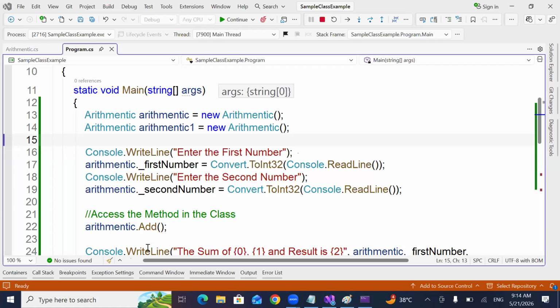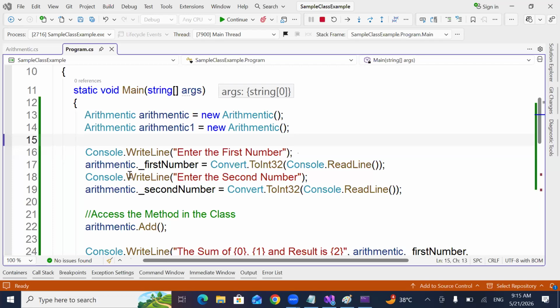Objects will vary based on the data. Am I right? Is the object varying based on the data or not? Yes, sir. Every object holds its own data.